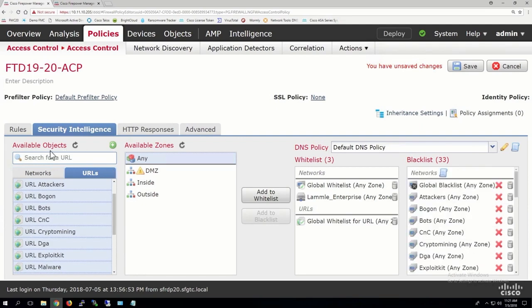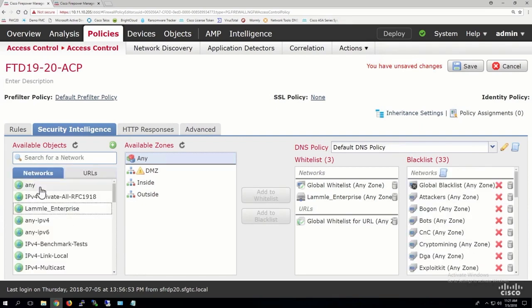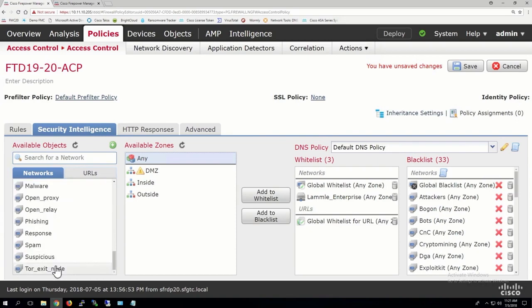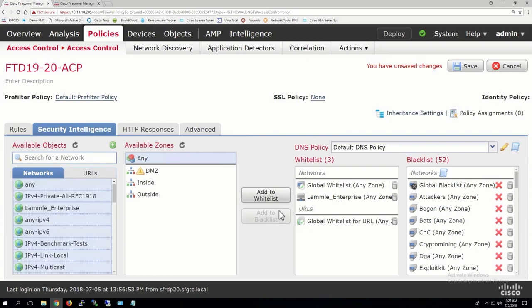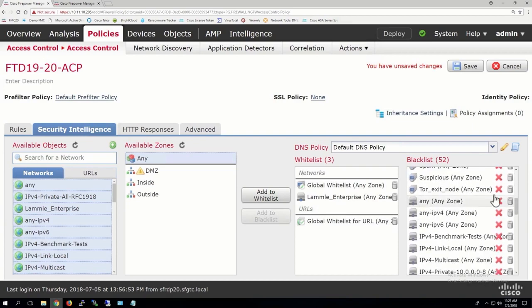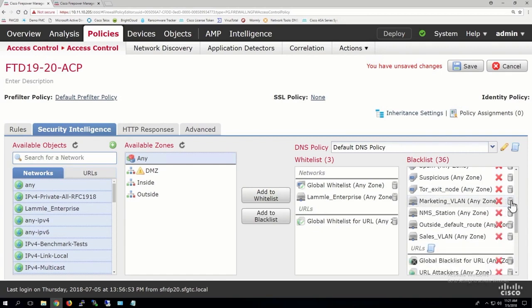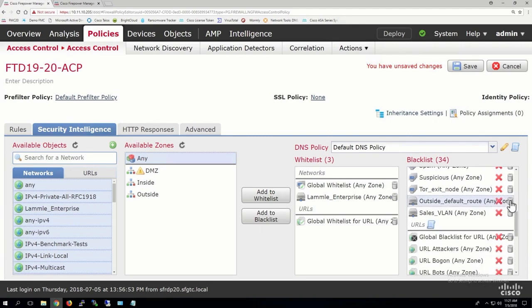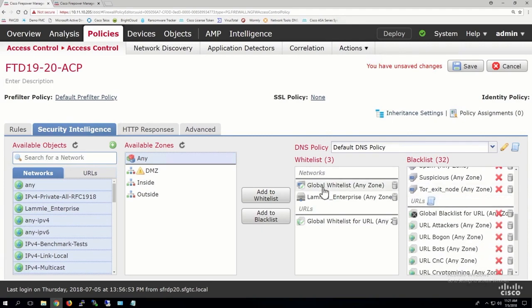Now, two things. If I come back in here to networks, I get people that click this whole thing and go all the way down here and say add to blacklist. They just get confused. Now what's going to happen? Well, nothing until you deploy, right? In this case, this isn't added into the global blacklist, but added to your ACP, and when you deploy, all these would be blocked, right? So now I've got to go in here and take all these out, right? It's easy to put stuff in here, which is why they have a whitelist, right? It's why they have this whitelist.